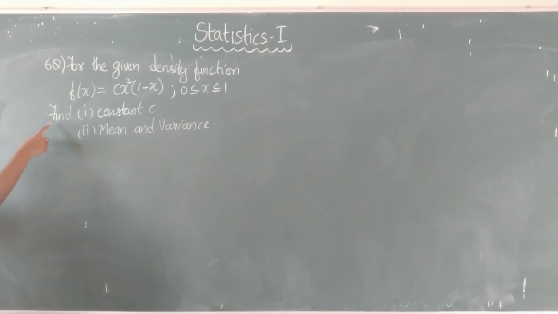So the first part is to find the constant c. In the given density function, the constant is c. So first we have to determine that constant and write the PDF. Next,